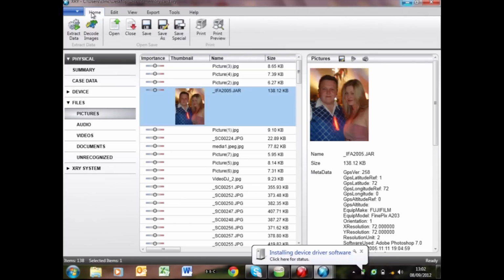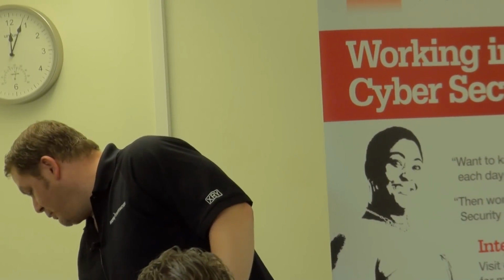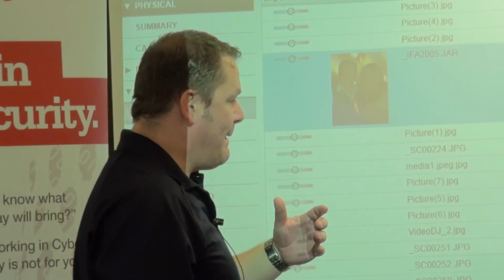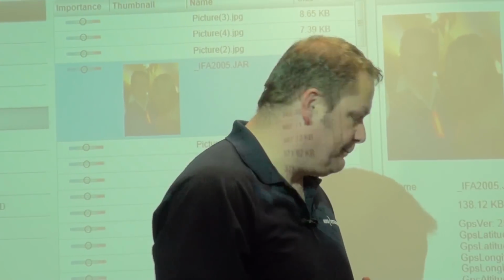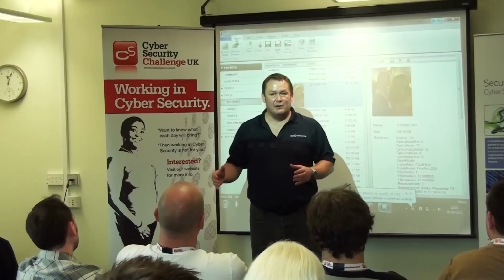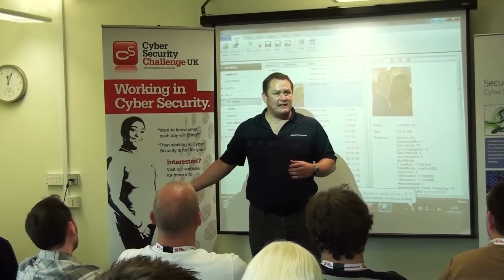Again, what it asks on the screen when you connect it up, and obviously you can't see because it won't show it here, it says, do you want to turn on mass storage mode? You might not be able to access some media files in this mode. What you can do is when you set up a BlackBerry as a mass storage device, potentially you can retrieve deleted images, deleted multimedia files,